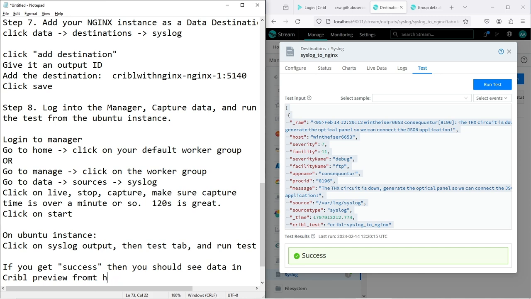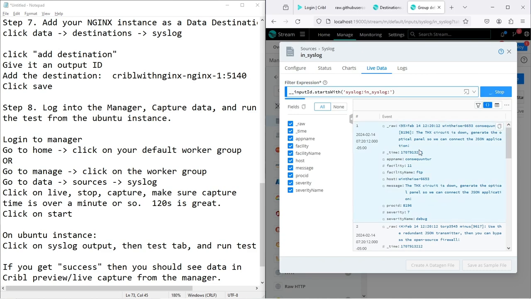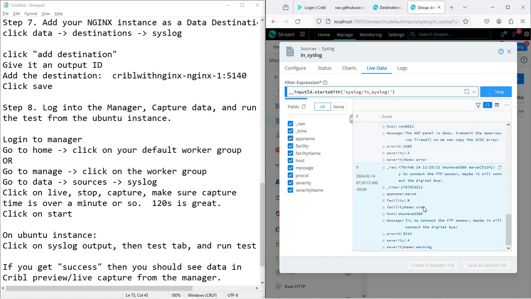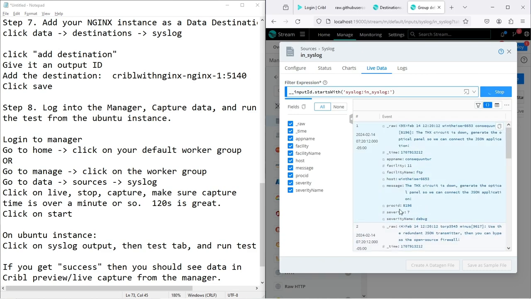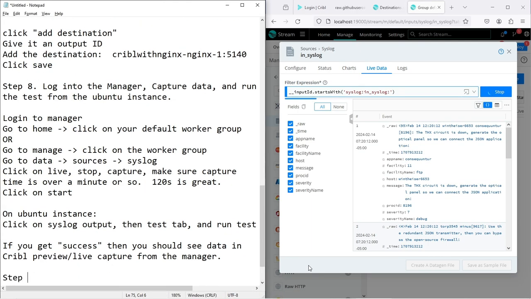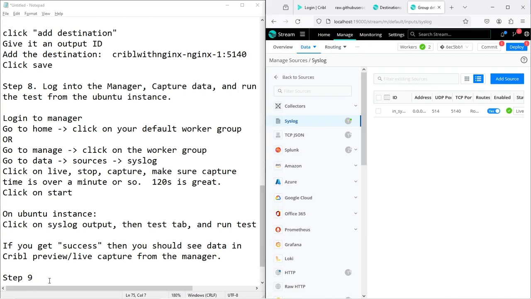If you have an error here, then just leave me a comment, right? Ping me, find me on LinkedIn, look me up somehow, find me or Ableversity, and we'll help you figure out the problem. But basically, if you didn't skip any steps, you should be good to go now. You have an Ubuntu instance that sends through the network load balancer, which is NGINX, and it goes all the way